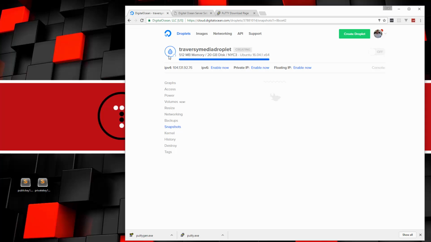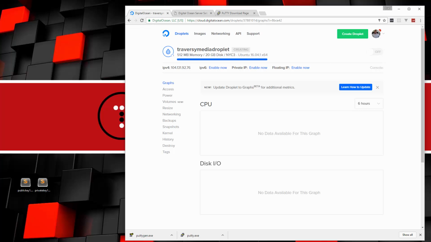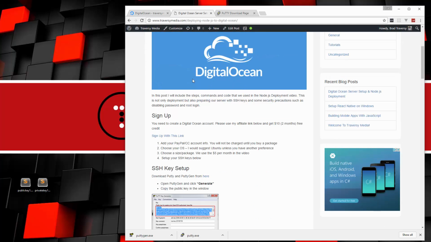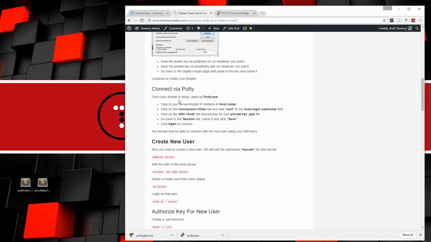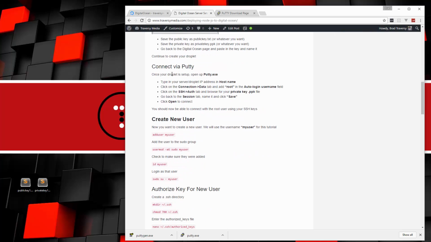Alright, so our server should now be set up. So now what we want to do is connect to it using Putty. And let me just check to see. I think that's what we want to do next. Yep, so we want to connect using Putty. So let's go ahead and open up